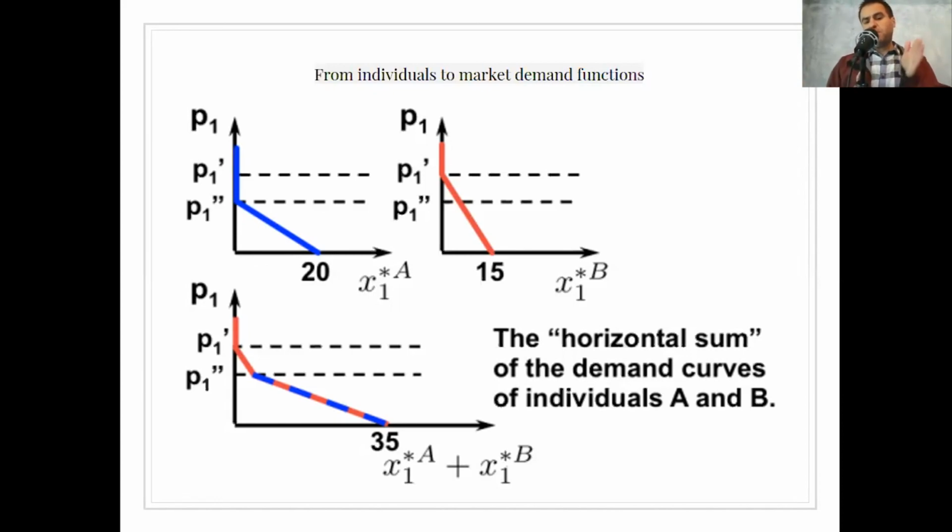So every single point in that blue and red line would be the sum of what person A and person B would buy. In real life, it would be exactly the same, but you literally just have to sum the quantities. If you just add them up, you would get the equation